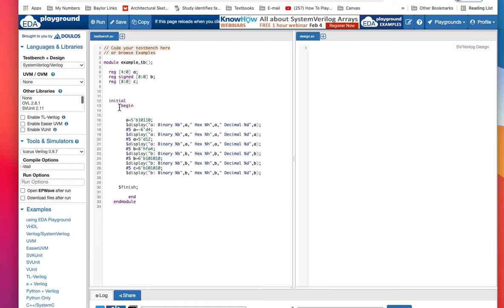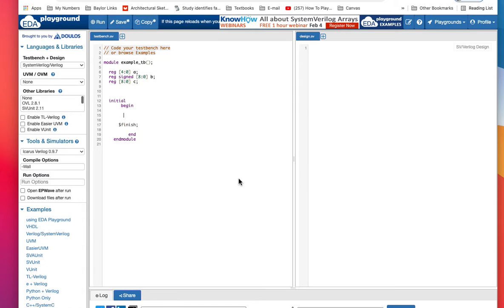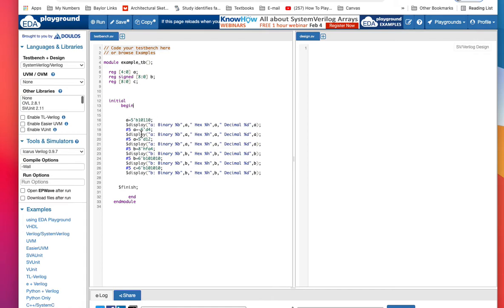All right, so if you have more than one line of code that shows up in a given initial statement, you need to frame that with a begin and an end. All right, so there's the markers of that. So you need to pay attention to the syntax so you won't get super frustrated in the lab. All right, so we have initial, I could cut that away. You'd start with this, begin and then end, and then you'd enter your text in